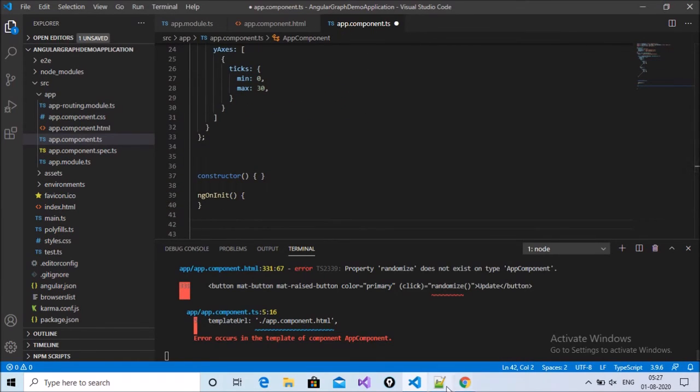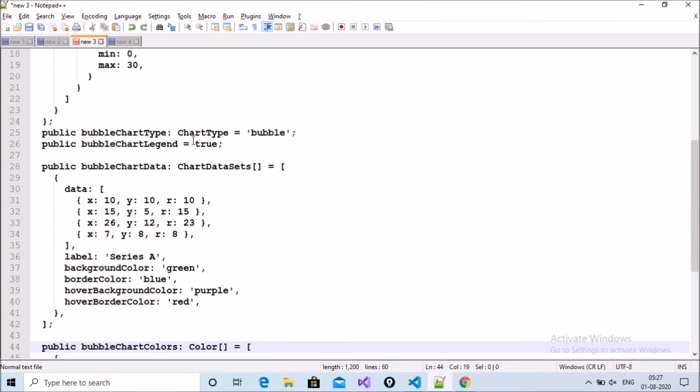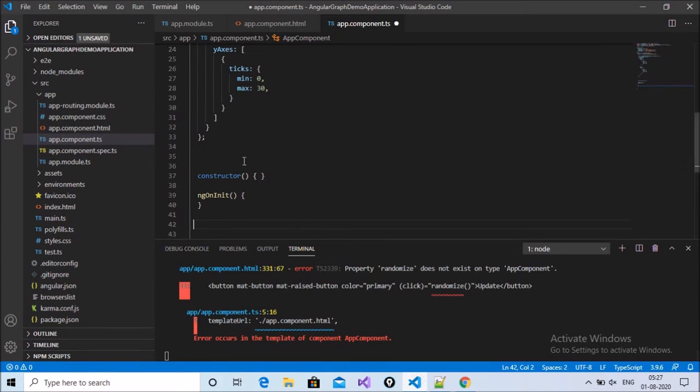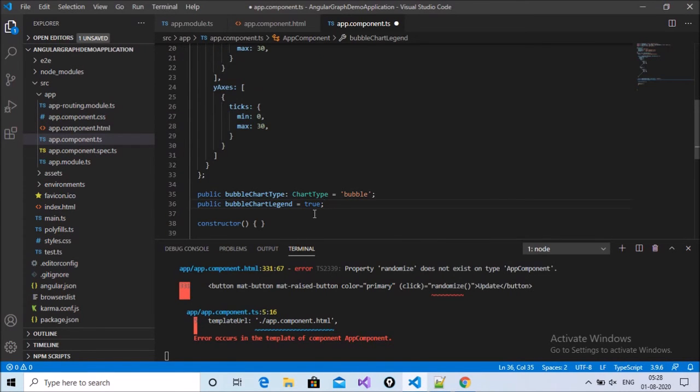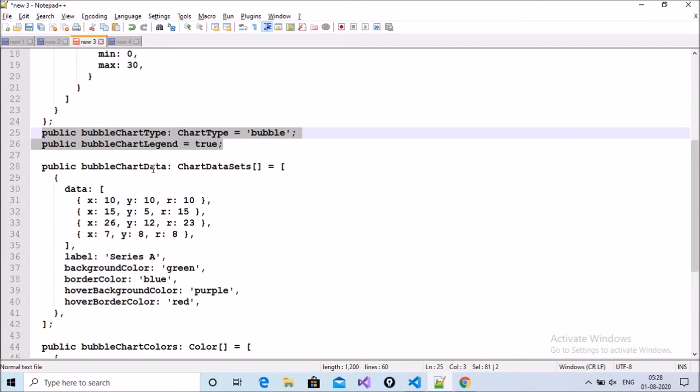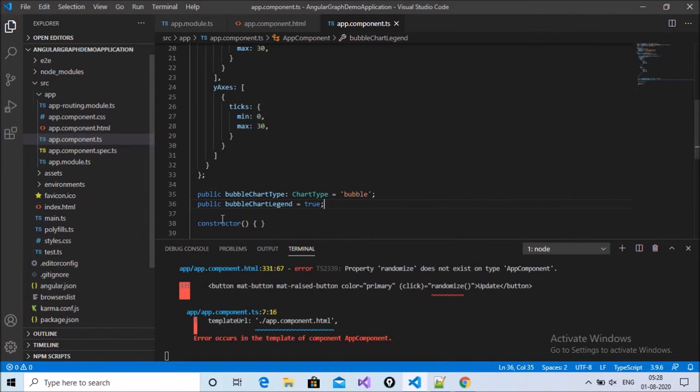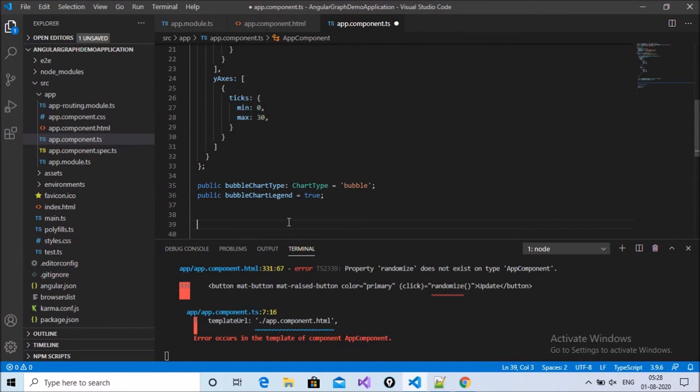Now the next step is bubbleChartType equal to bubble, and bubbleChartLegend true. Just copy these two lines, open Visual Studio Code, and paste them here. After that, the bubble chart data. Copy this data as well.